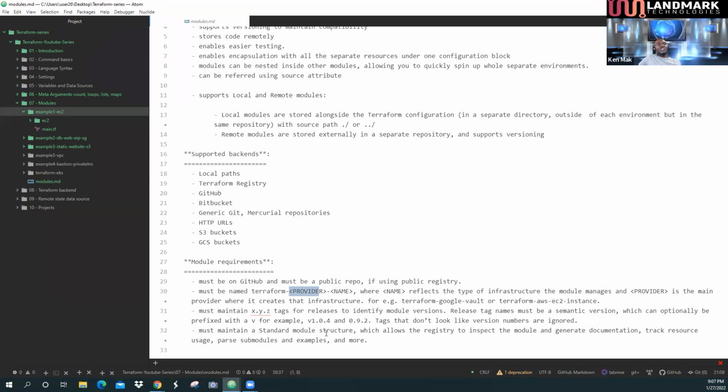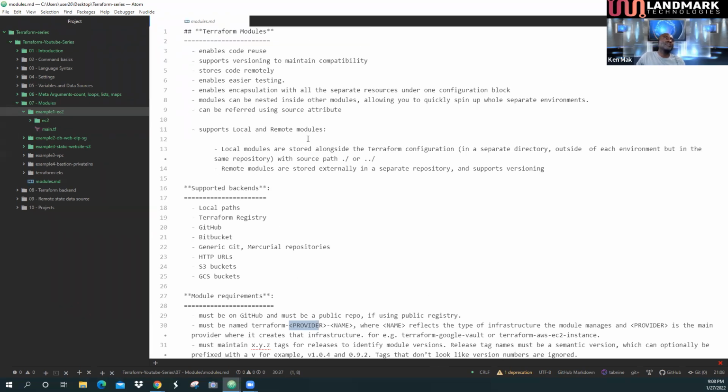Then it must maintain the standard module structure, which allows the registry to inspect the module and generate documentation, track resource usage, parse submodules and examples, and more. So these are some of the requirements if you want to write a module and publish it, right? So it must adhere to this module. So with that said, let's see